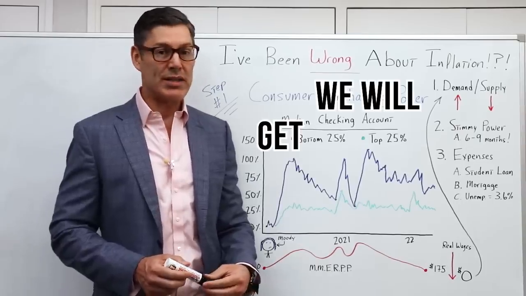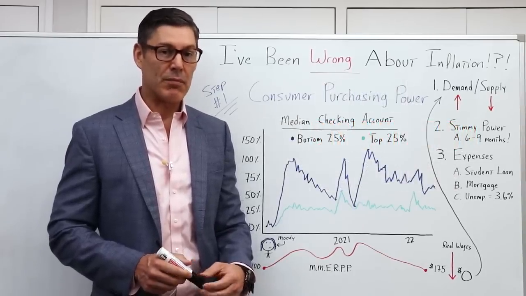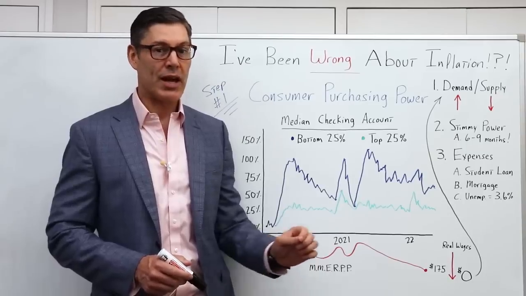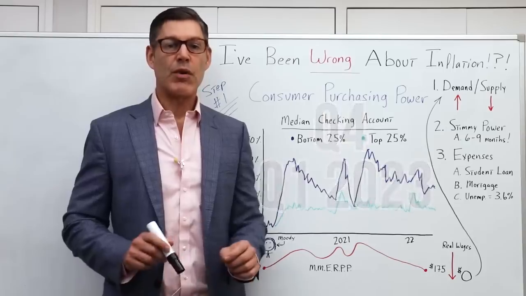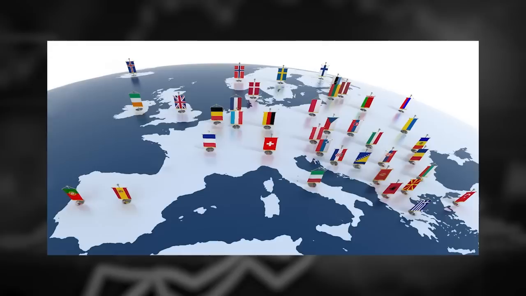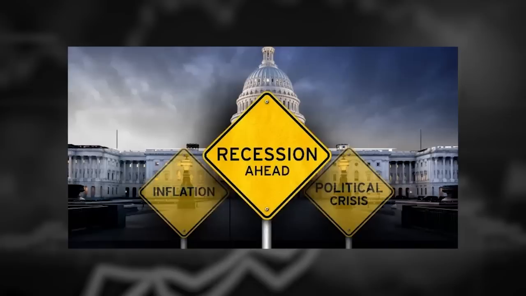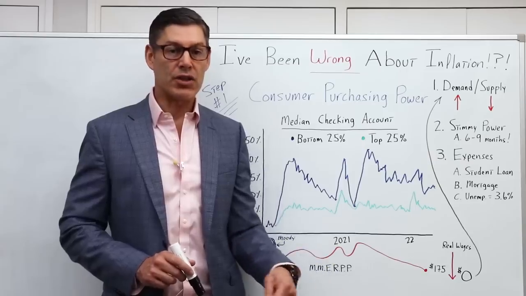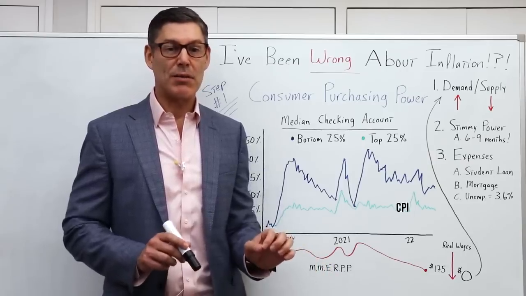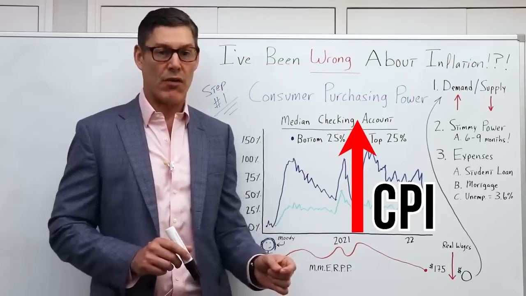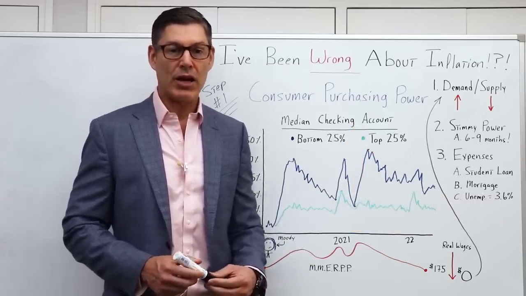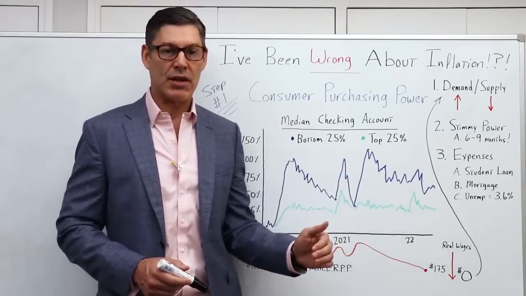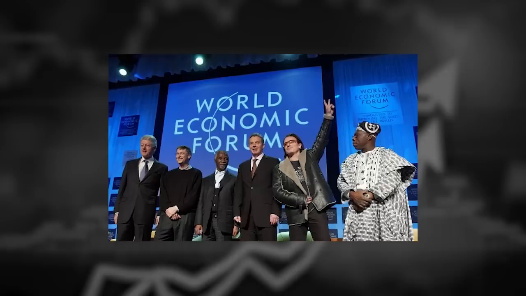I'm going to say that we will get disinflation at some time, but I was predicting maybe Q3, Q4. Now I'm pushing that out to maybe Q4 or Q1 of 2023. But then we have to think through, what will the economy and the political environment look like then? If we do go into a recession, are we going to get just more of the same, even if the CPI is above their 2% target rate? Let's say we get that disinflation in Q1 of 2023, and the CPI goes from, let's say, 9, 10% down to 5%. Okay, does this give the politicians and the central planners political cover to go ahead and start the